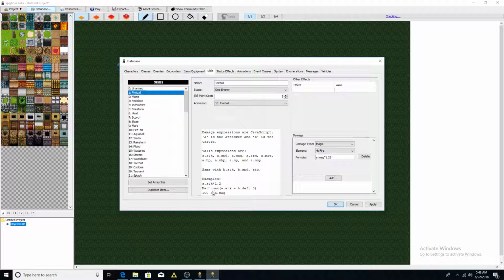So the math at max would be A's attack minus B's defense, and then a value here. So it comes up with the formula for how much damage this deals, and then it'll subtract the defense of that creature from this, and it'll give you a final total plus 100. Okay? So,